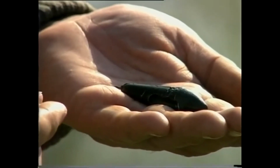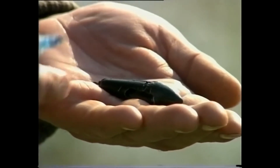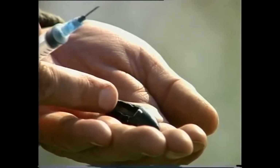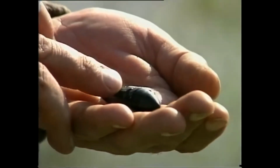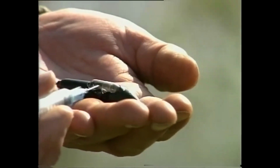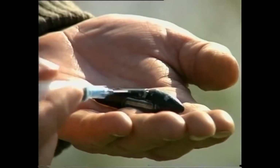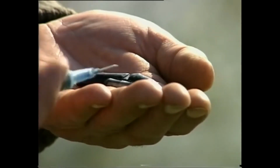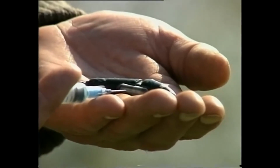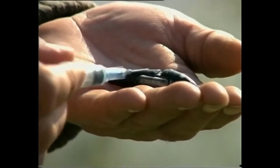It pays to keep an eye on any new developments in carp fishing, and this is one that's just appeared. It consists of a lead with 2 cutaways made to take these capsules, which you normally fill up with flavour using a hypodermic syringe. So you attach the capsules to the lead with an elastic band. You see there's a groove in the lead here. Attach the capsules first, inject flavour into the capsules, and after a few minutes these dissolve in water, thereby attracting